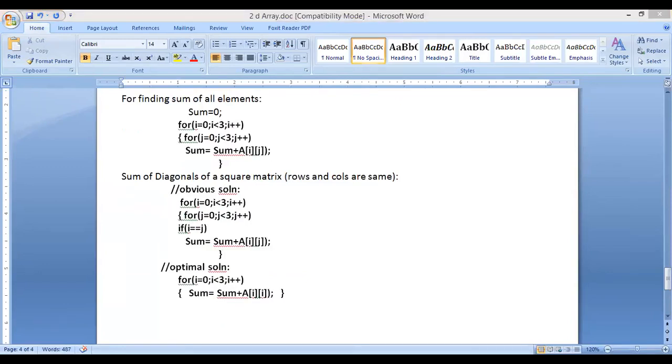Okay, now see the program. I am looking at the obvious solution first. Here rows and columns are written. If rows is equal to columns, then sum is equal to sum plus a[i][j]. So I'll execute this. There is something missing, I think.